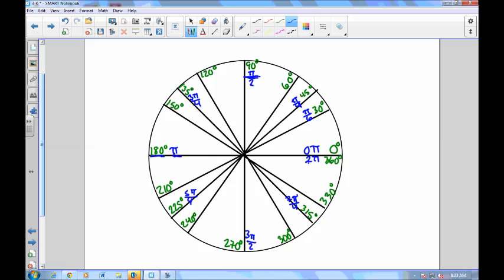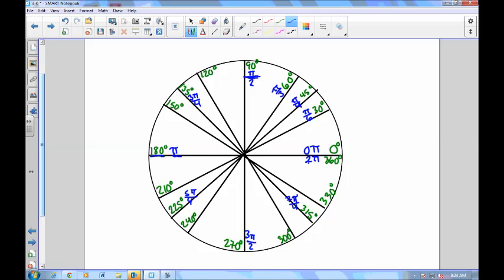Now, it's true that 2 30 degrees equals 60 degrees. So if 30 degrees is 1 divided by 6, 60 degrees would be 2 divided by 6, but that simplifies. 1/3, so pi thirds. So we have 1 divided by 6, 2 divided by 6 simplifies to 1/3. What comes after 2? 3 divided by 6, and 3 divided by 6 is 1/2, which is our pi half,